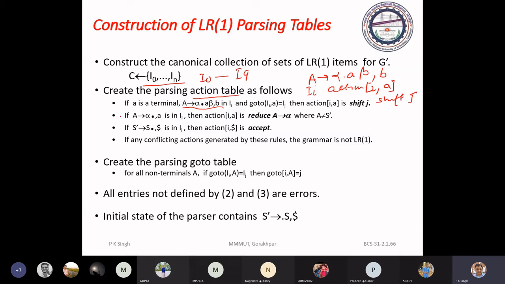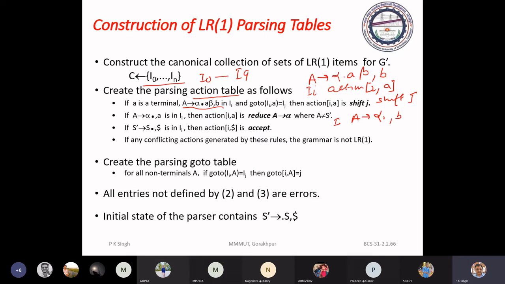The second rule says, if we have A → α . with lookahead b, this is the case of a reduce action.